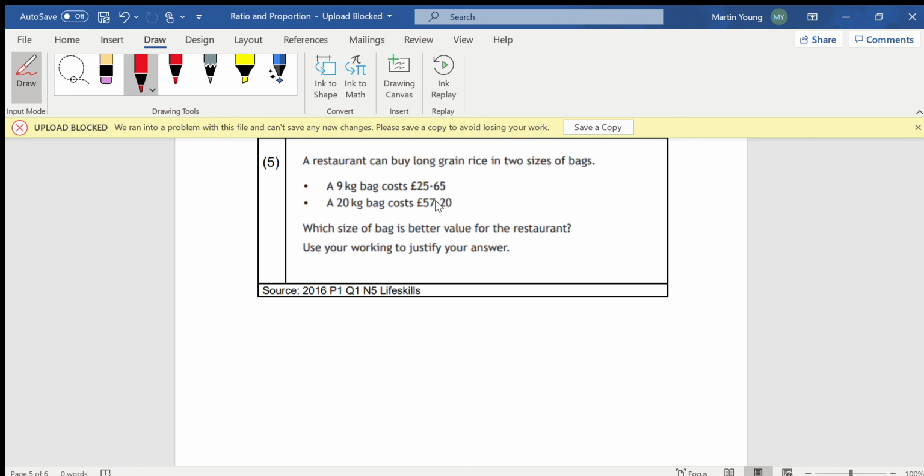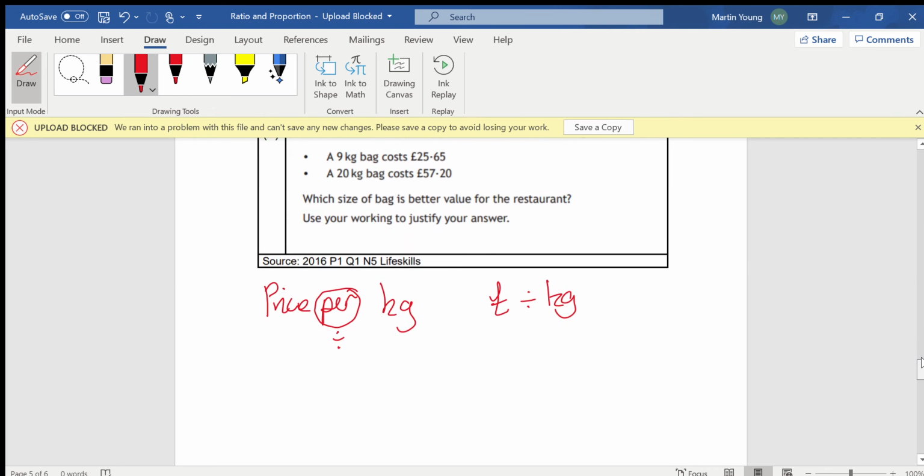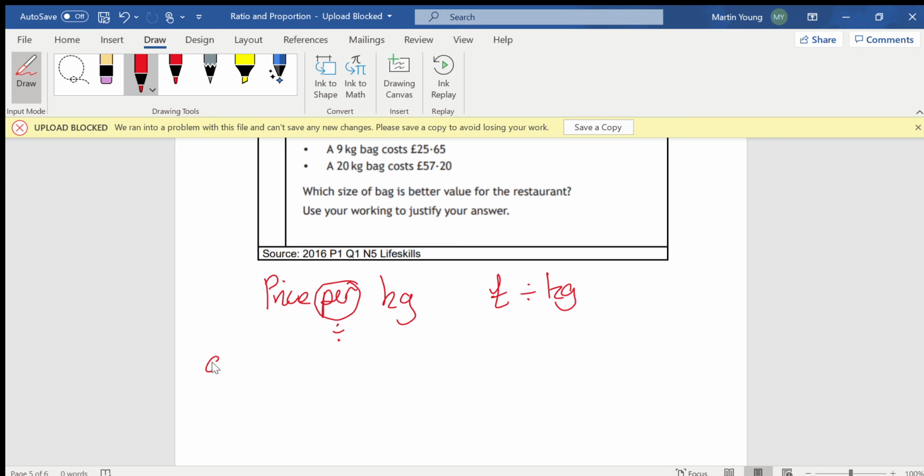So when we are trying to compare different things, we have to compare the same thing. We can't just look at those prices there just now and say the 25.65 one's better. What we need to do for this one is find the price per kilogram. And this word per here pretty much means divide. So we're going to be doing pounds, the price, divided by the amount of kilograms that we've got, and then we're going to get a price per kilo. So to get the first one, so this is the 9 kg bag,